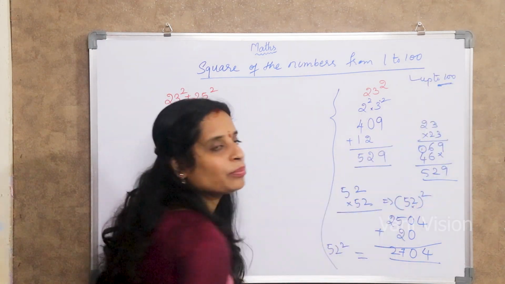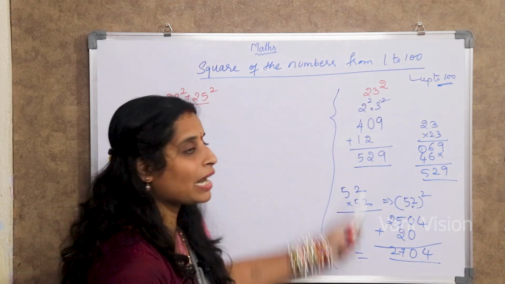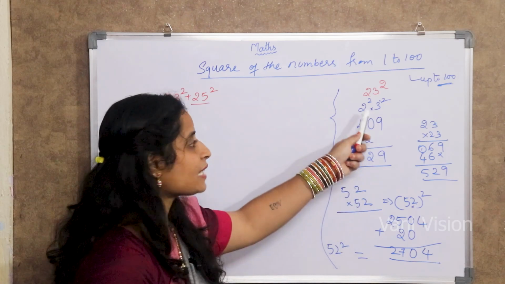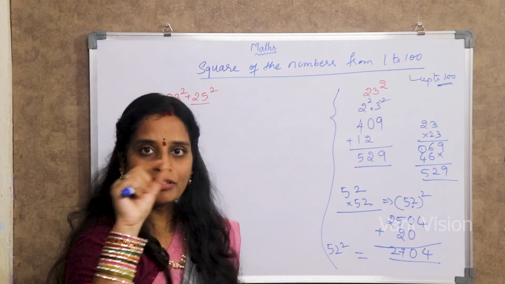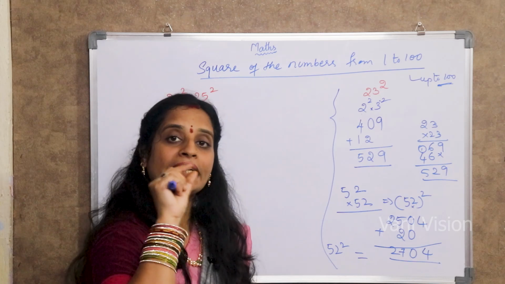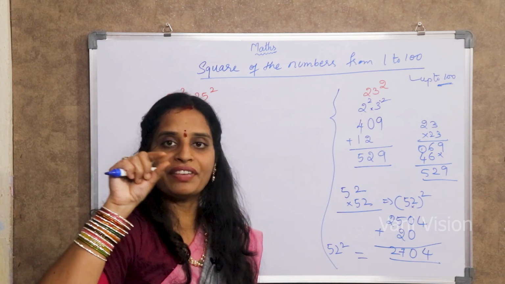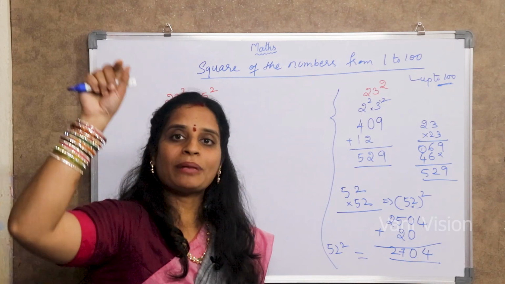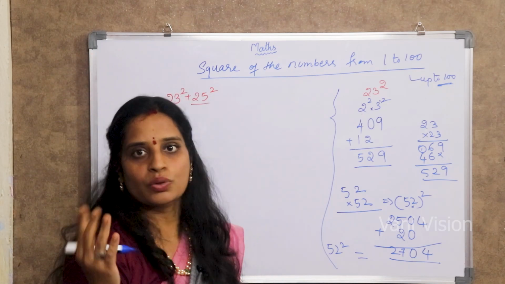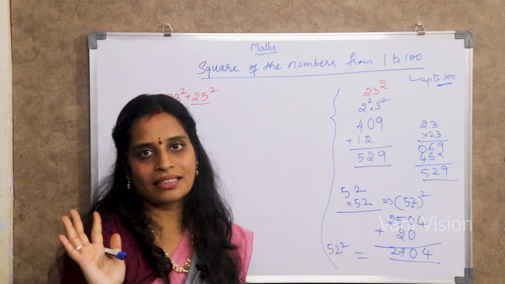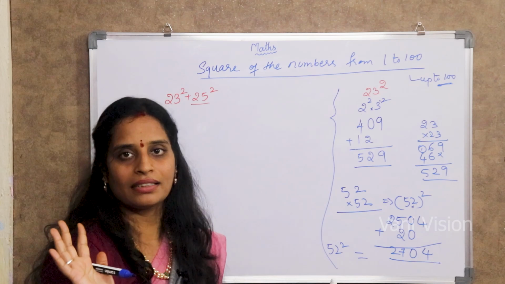So in this way we can find squares up to 100. Up to 100 numbers, you can find out the squares of the numbers in an easy way just by using this small trick. Individual numbers we have to square, and later on we have to multiply individually. 1 to 1, 1 to 1 we have to multiply. When we get that answer, it should be multiplied with 2. Then add it up, and you are going to get the answer.